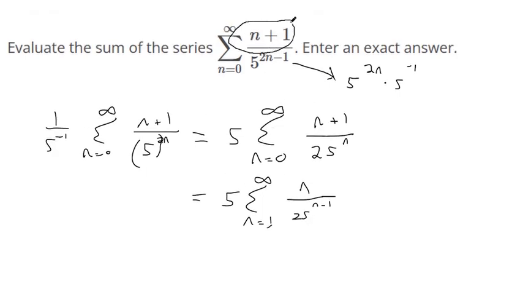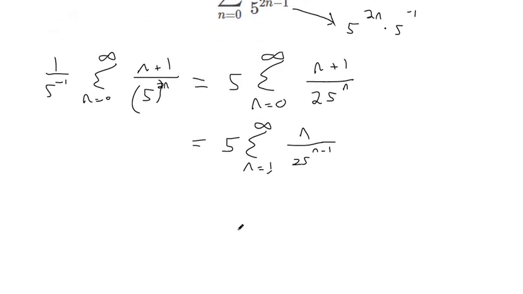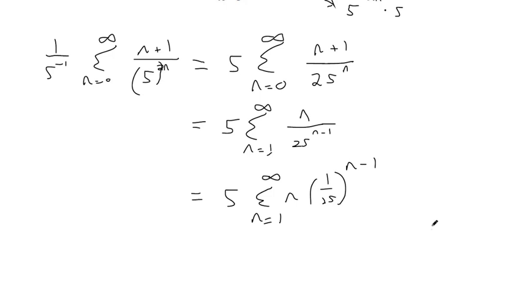We got rid of the n plus 1, we got rid of all the exponent business up here, and now that we've made it neater, we can see that it's representing a form that we've seen before for a geometric series. This is n, and this is 1 over 25 to the n minus 1 power. That's what the denominator is, right? So that's a geometric series. So we know that the sum of a geometric series,